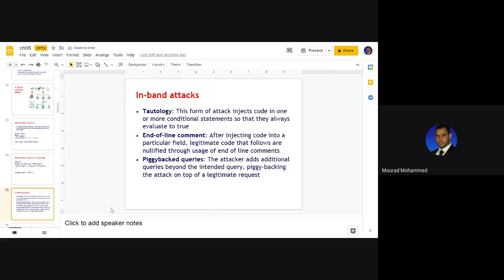The piggybacked queries. It is a scenario via which the attacker passes more than the required command. It would actually select, insert, update the queries from within the input point, whether the username field or the password field. So piggybacked means it is a list of queries to be submitted. A long list, maybe, to be submitted by the attacker from within the input point